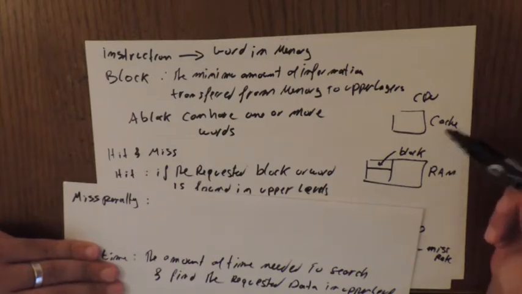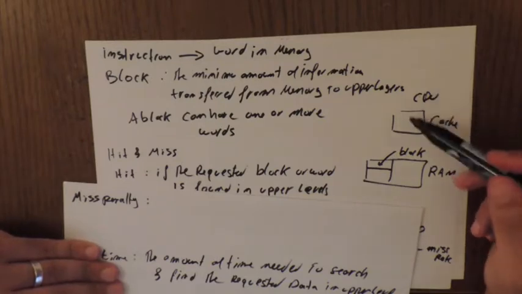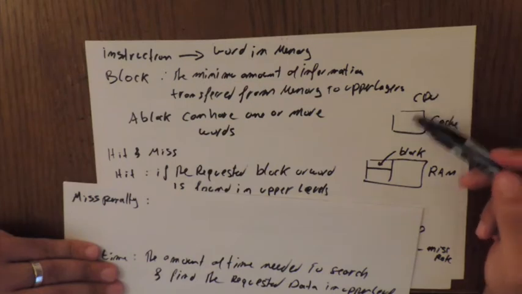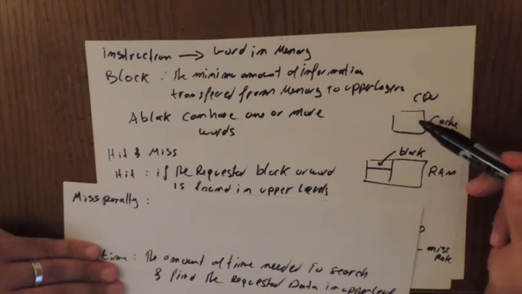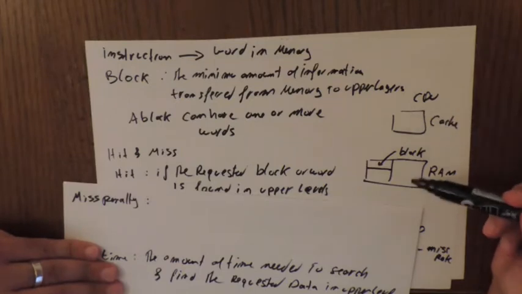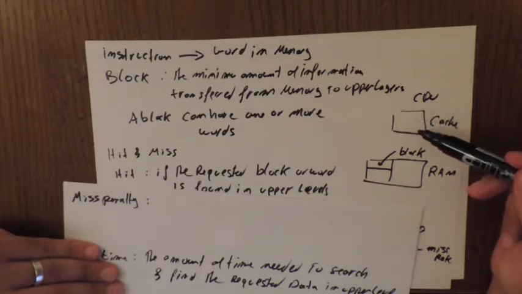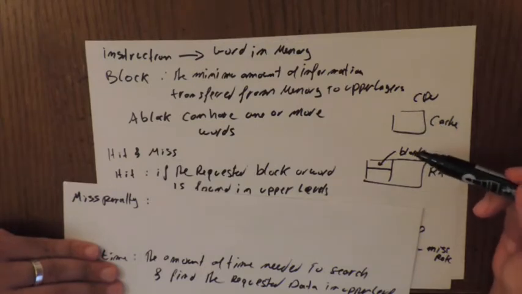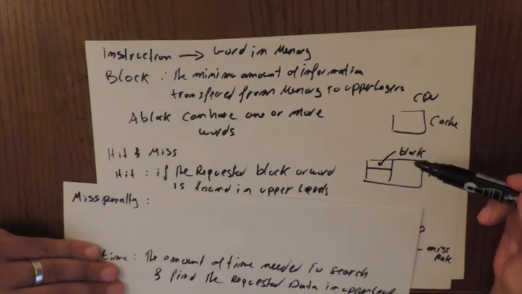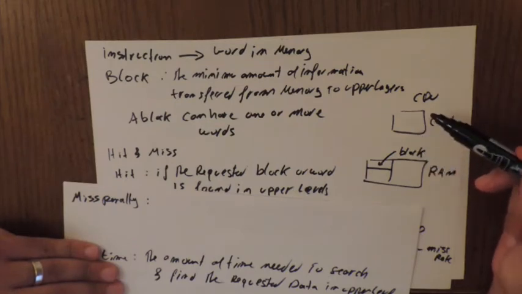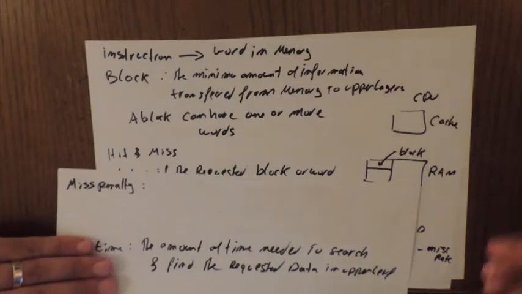Miss penalty happens when I don't find anything in my upper level. Let's say I search for a word in the cache or a block, I didn't find it, so I have to go to the lower level to find it there. If I find it there, I'm gonna transfer this block to the cache plus the time I need to read the value to the CPU. So it takes as follows: